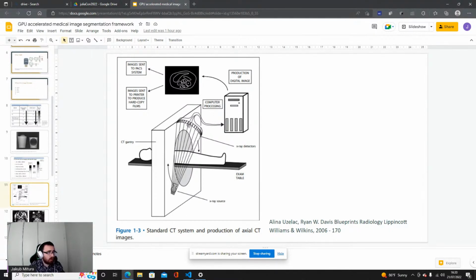So in CT scans, basically what we do is slice the patient. We make a slice of the patient, then go a millimeter or 2 millimeters, depending on the case, to one side, get another slice, and another slice, and another slice. You will see it in a moment. And then we process it, and then we can tell at which point how easy it is for the rays to get through, basically.